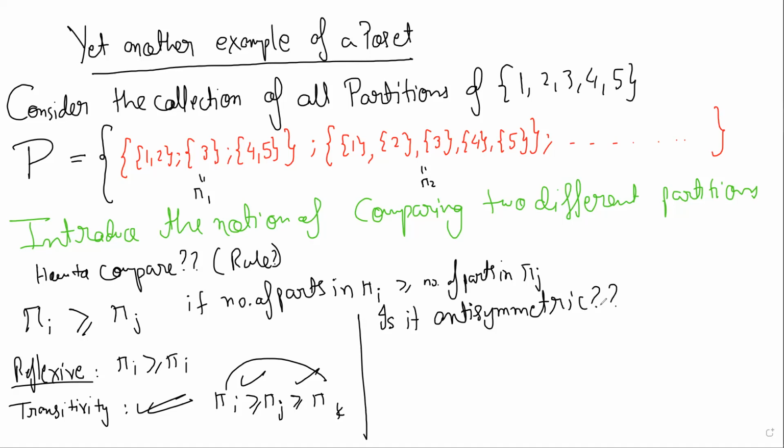And if anyone is having difficulty understanding any of this, please tell me, because some of you have not attended the previous classes. So is this relation anti-symmetric? This is a relation on the set of all partitions, where the relation is that pi i is bigger than pi j. You can call this R, but we're using the symbol because that's what we wanted to mean. It is not anti-symmetric, right? We don't want to prove it, we just want an example, because that's enough. When you say something is not true, just give a counterexample. So can anyone quickly give an example?